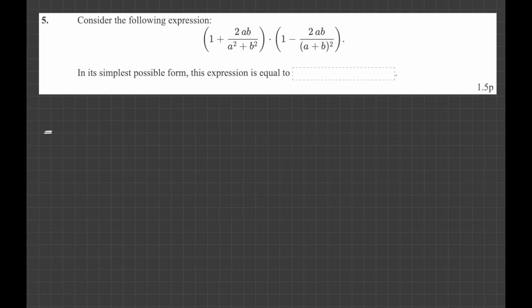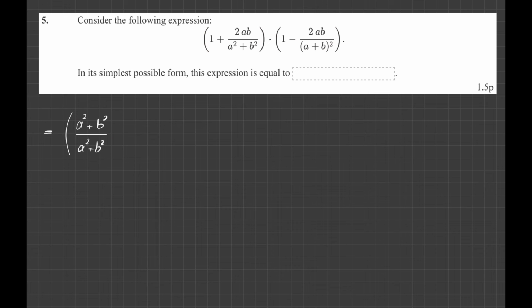Okay, so here the denominator is 1 because it is not written, so the LCD between this one and that one is just a squared plus b squared itself. So instead of 1, I write a squared plus b squared over a squared plus b squared. The reason I did that is because I want to take the common denominator between this one and that one. So this is exactly 1. So instead of 1, I wrote this so that the denominator here and the denominator here match,